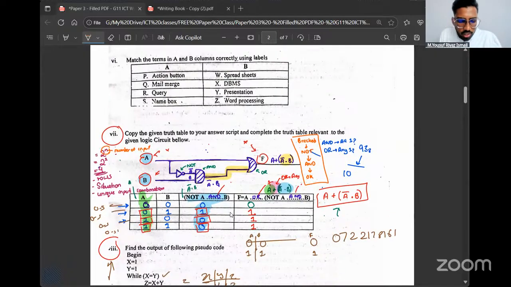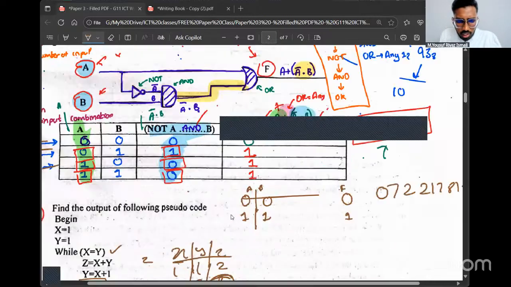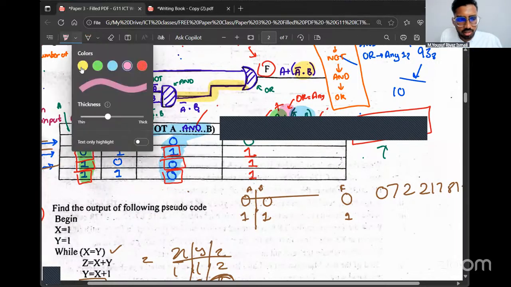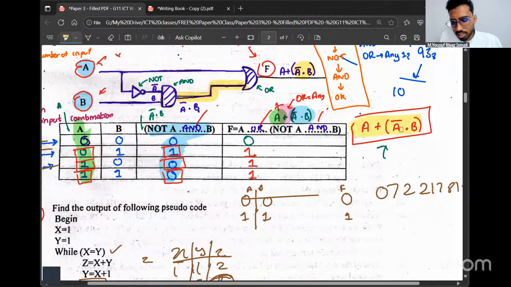There are two ways you could get the answer. I'll show both the ways again. One way is using this equation. You replace the values of A and B with the respective values. That's one method. The second method is you use the respective columns. Like for example,